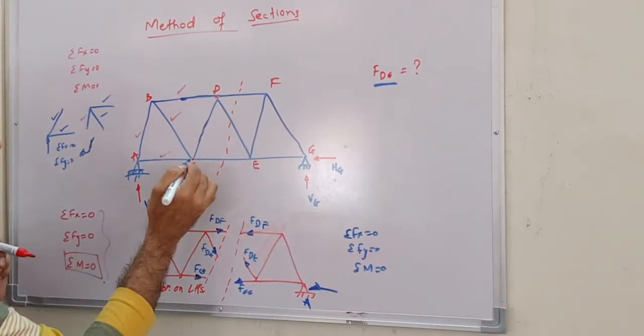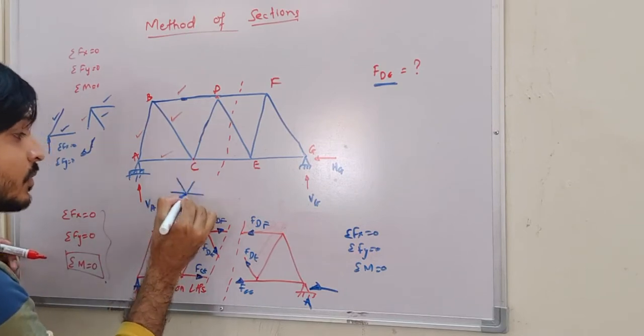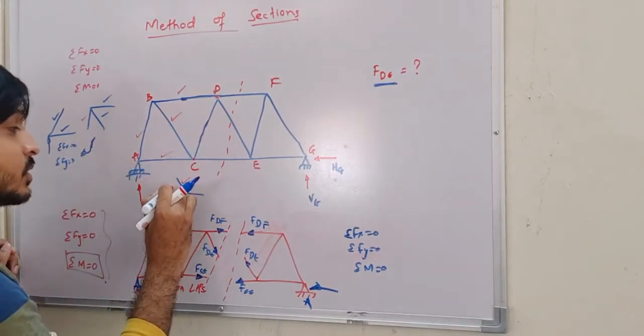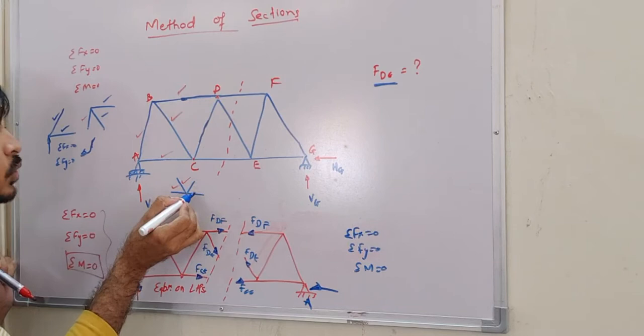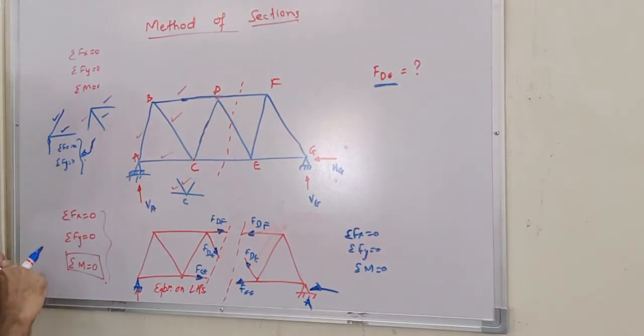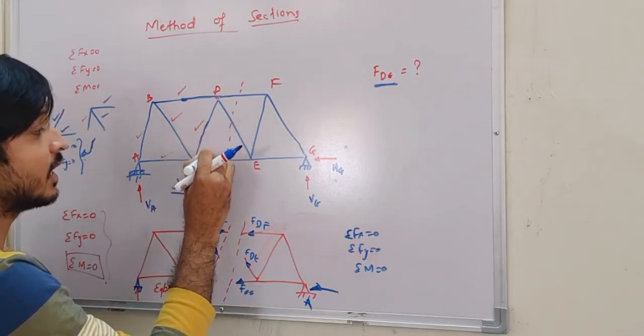Then now I have to come to this joint C. How does joint C look? It is something like this, and this is C. Here this one I have calculated, this one I have calculated. Again two unknown members, and I can easily calculate them by using the same two conditions. So I can easily calculate this one and this one.